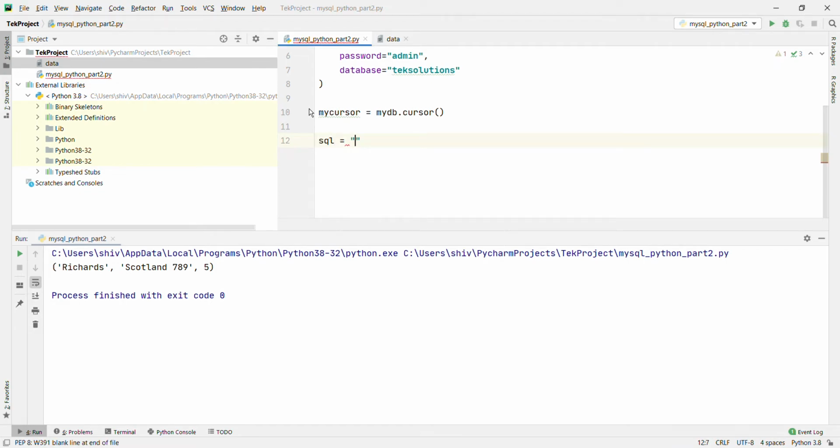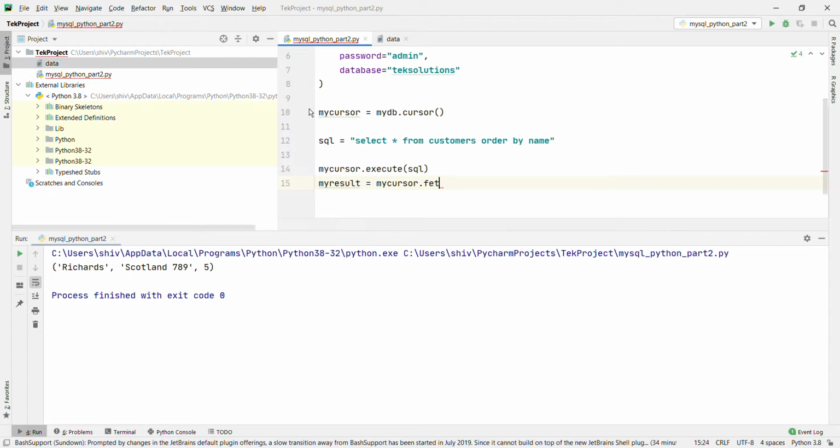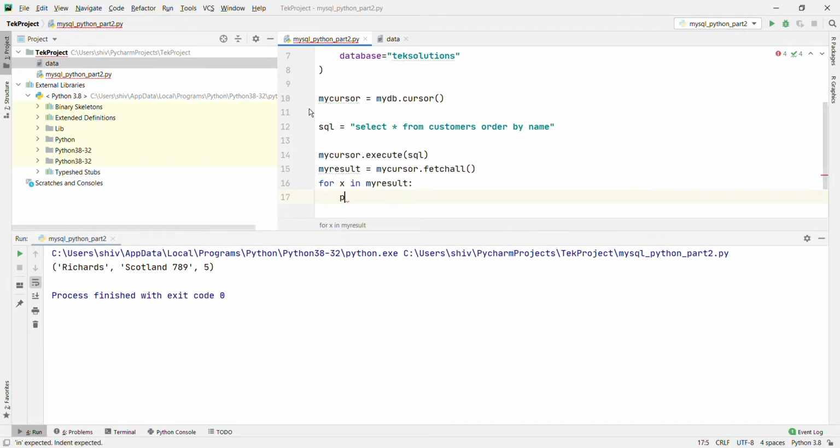I'm going to add SQL equal to select star from customers order by name. my cursor dot execute SQL. my result equal to my cursor dot fetch all, and we are going to print for x in my result, print x.